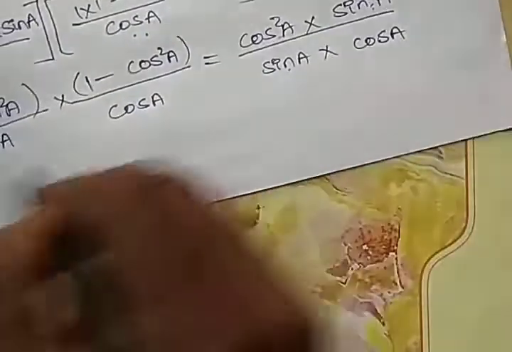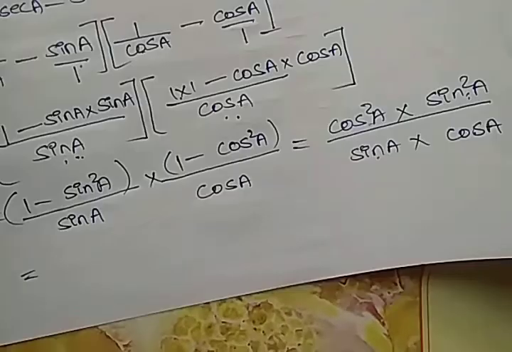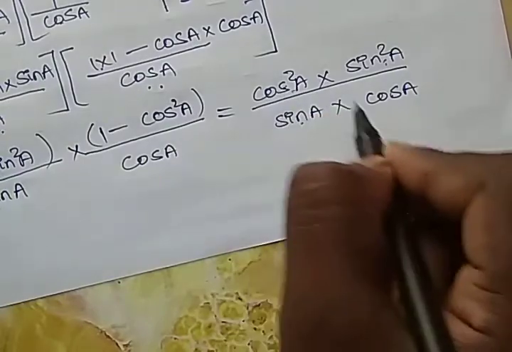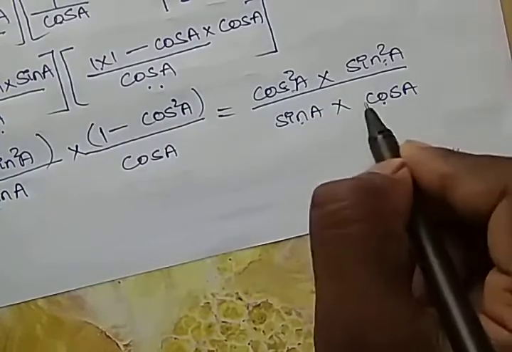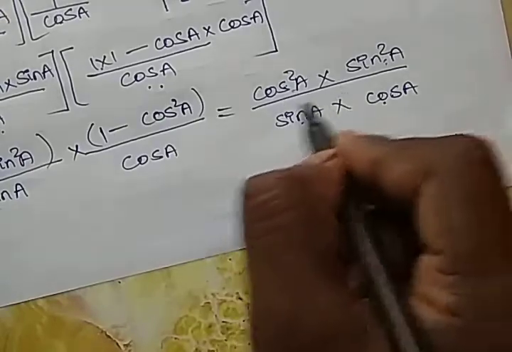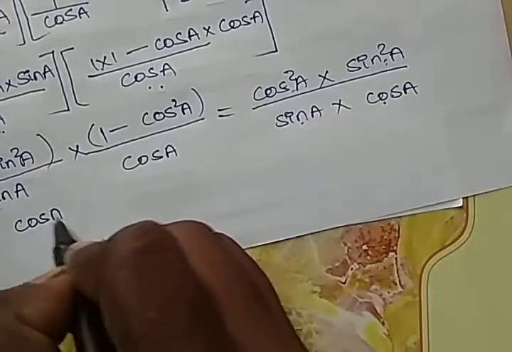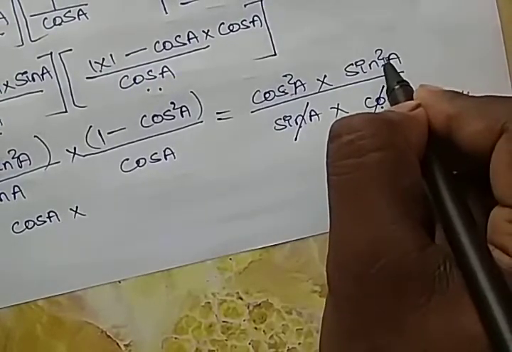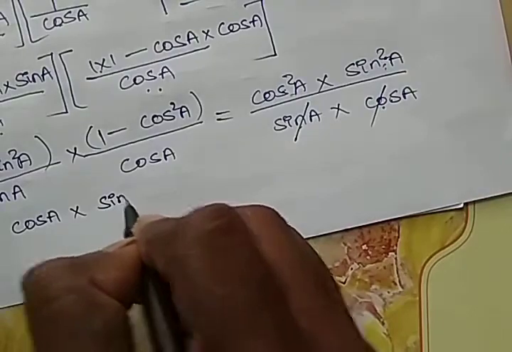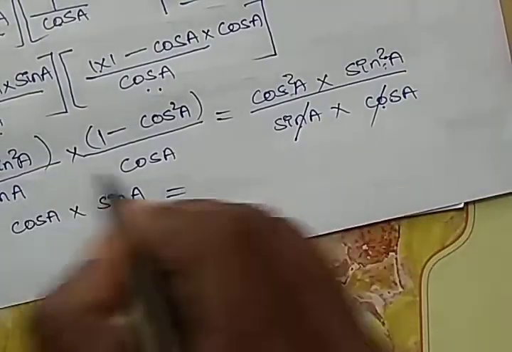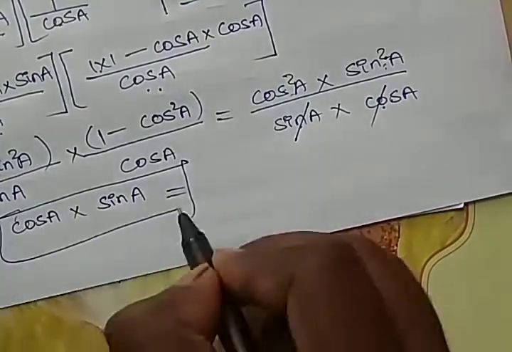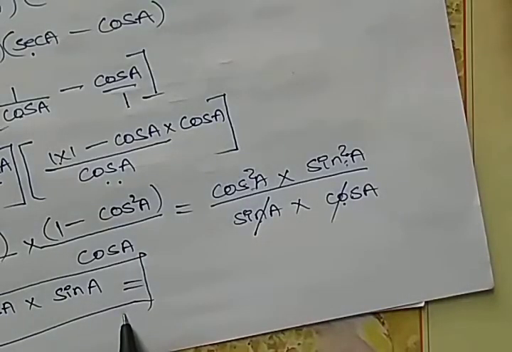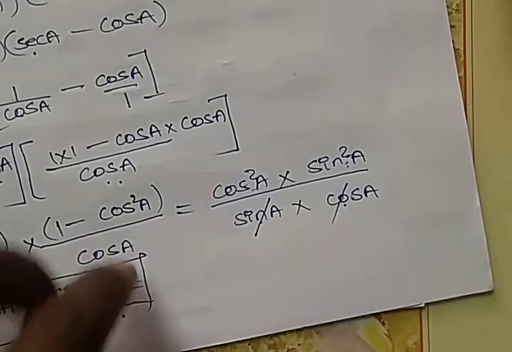So here we will get, cos square a means cos into cos by cos, so one cos a gets cancelled, one cos will be left in the numerator, into one sin a cancel, here also one sin a cancel and one sin a will be left. So this is the value of LHS. And we'll take RHS, simplify it also, and show cos a into sin a to prove it.